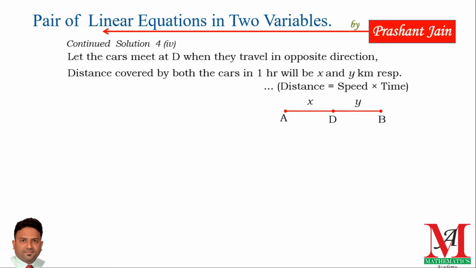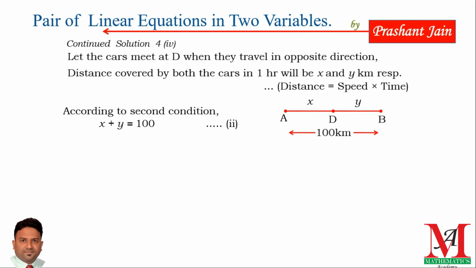So distance covered is also, I am repeating the same thing, speed into time. Speed is x kilometer per hour. Second car speed is y kilometer per hour. They move for 1 hour. So 1 into x is x and 1 into y is y. And the total distance is 100 kilometer. According to the second condition, x plus y, which means AD plus DB, is equal to 100, and that is the